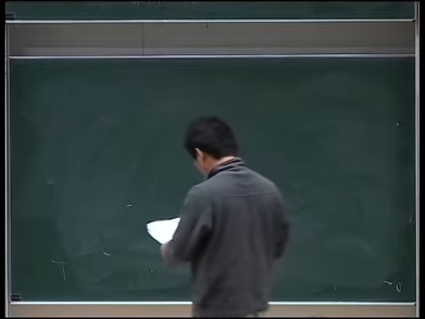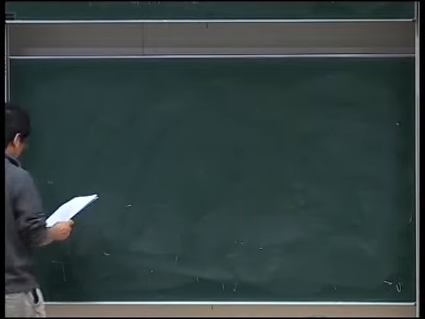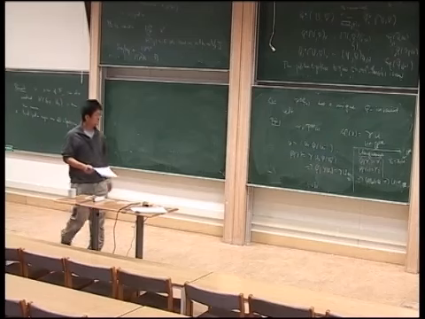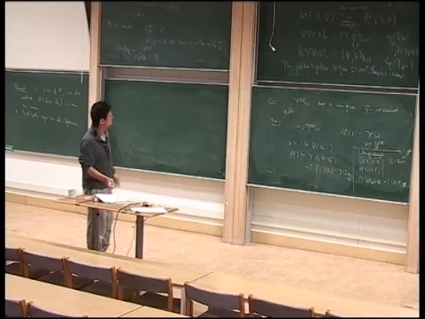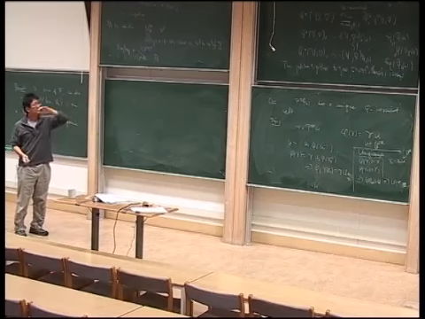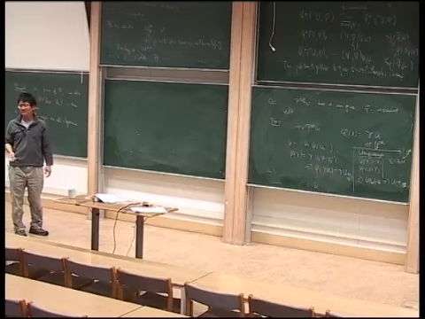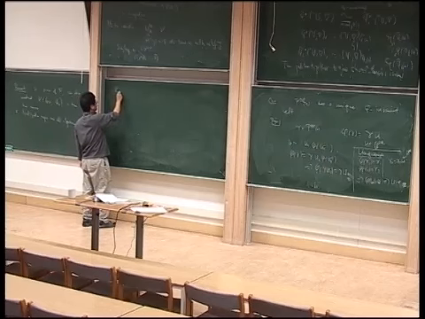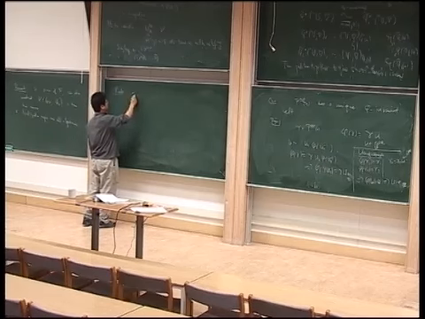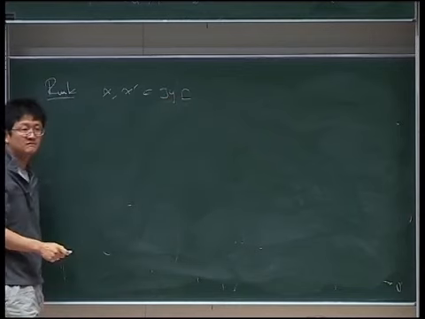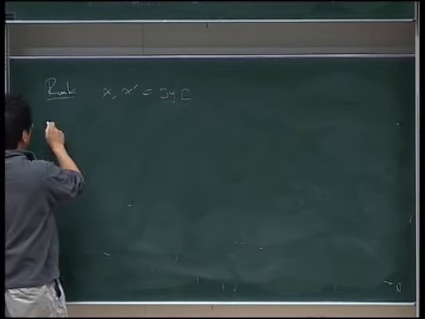So, for example, by the way, what is this Frobenius invariant path? If you look at the way I defined this parallel transport, this action of Frobenius a moment ago, then in fact, remark, this is easy. If x and x prime are inside the same cube, then this path,